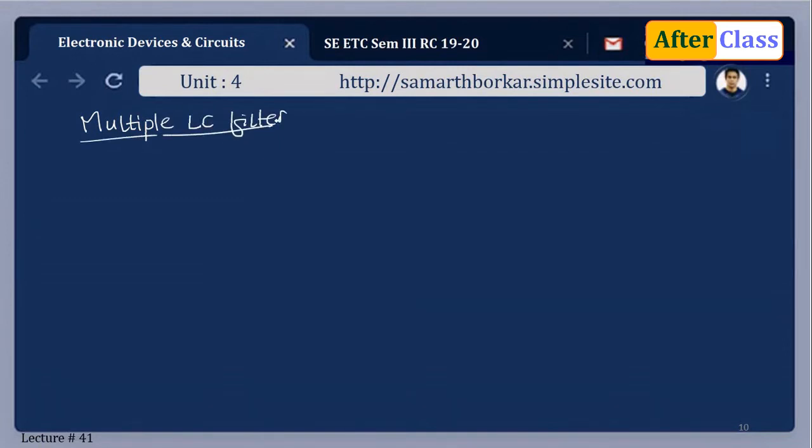One in which we can make use of two or more L section filters. Just like just now we have studied about LC filter, with that LC we can have another stage of LC. So two inductors and two capacitors. Fine. From syllabus point of view, we are supposed to study CLC filter. So we'll concentrate on CLC filter